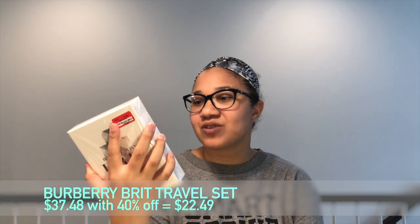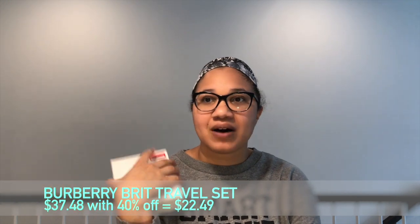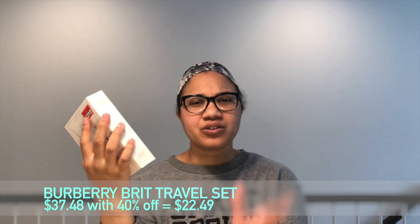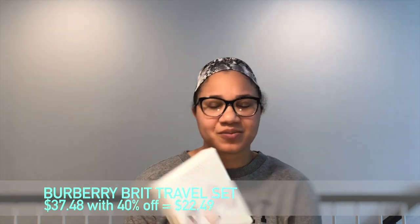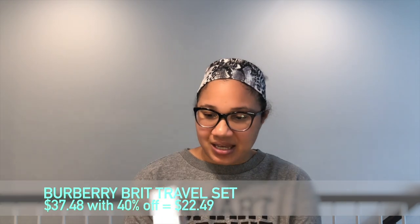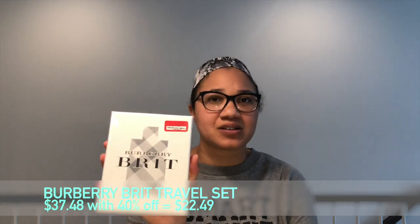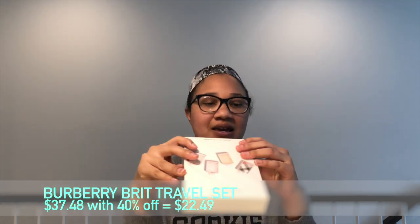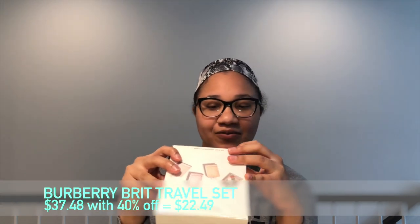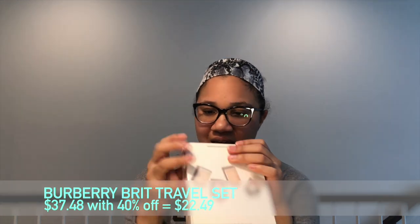Our next thing is this Burberry Brit little travel collection. I have never smelled Burberry Brit, and they had this there. They also had the little roller balls, but the roller balls weren't on clearance, and they were $9 and something. I was like, well, I might as well get a pack that has all 4 of them. This one retails at $75, and it was on sale for $37.48, and then 40% off of that. The fragrances in here are Burberry Brit for her, Burberry Brit Rhythm, Burberry Brit Sheer, and